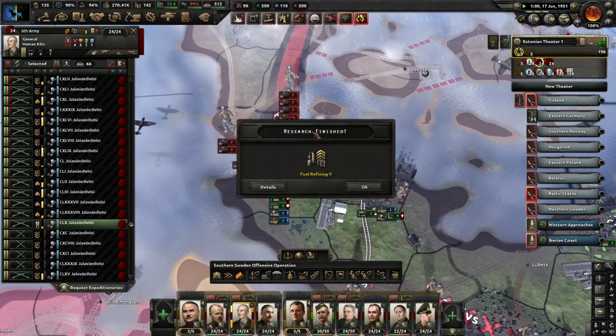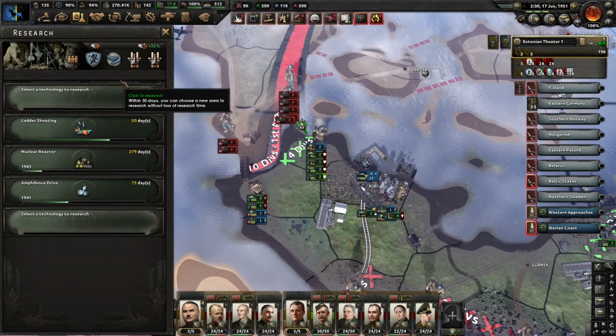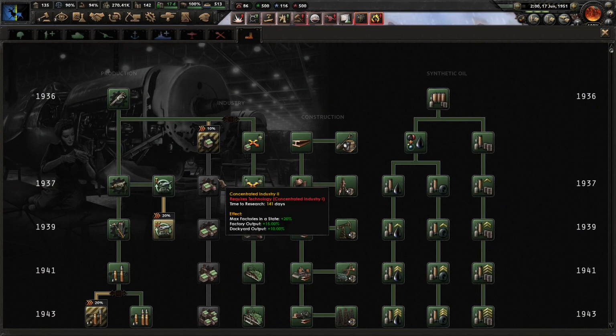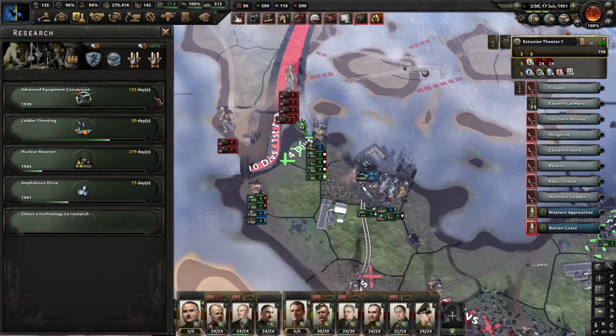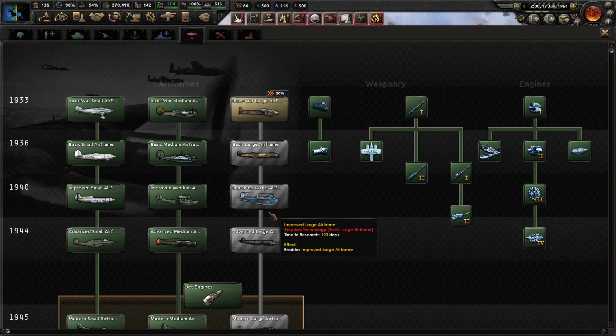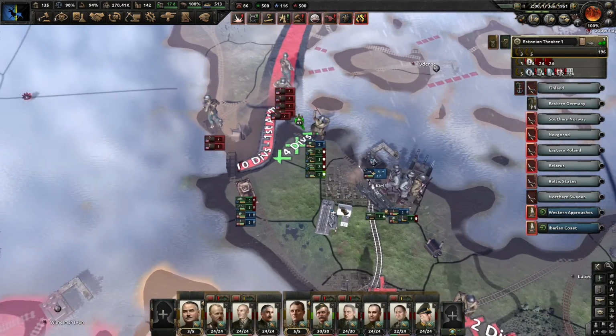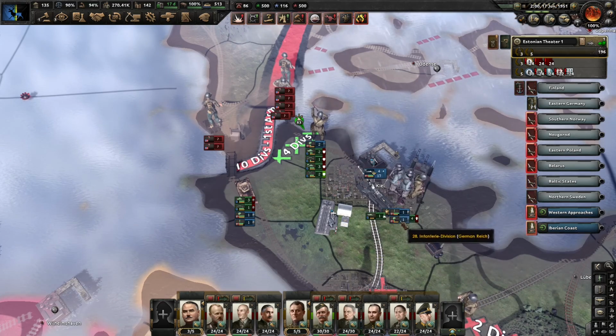Okay, so fuel refining is done. Do we have anything else? No, I think we're done in the tree here pretty much. Yeah, I don't have an awful lot to research anymore. I can research large bombers, but we are getting...